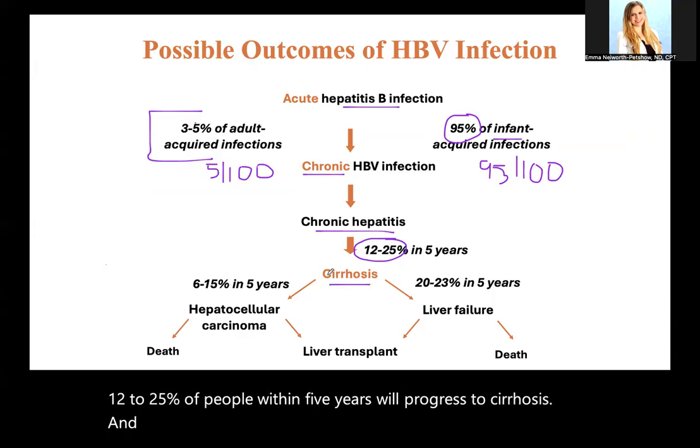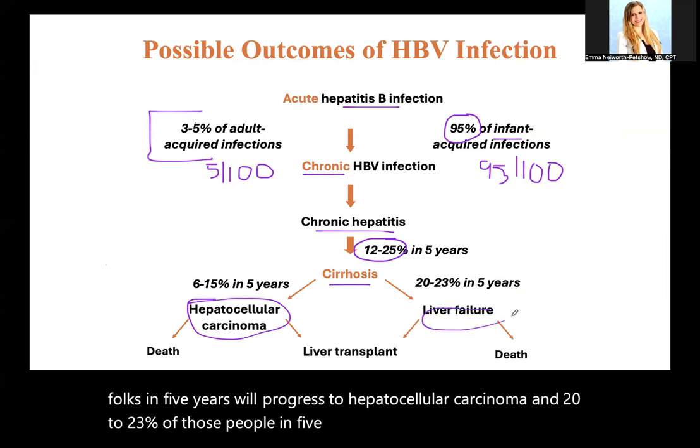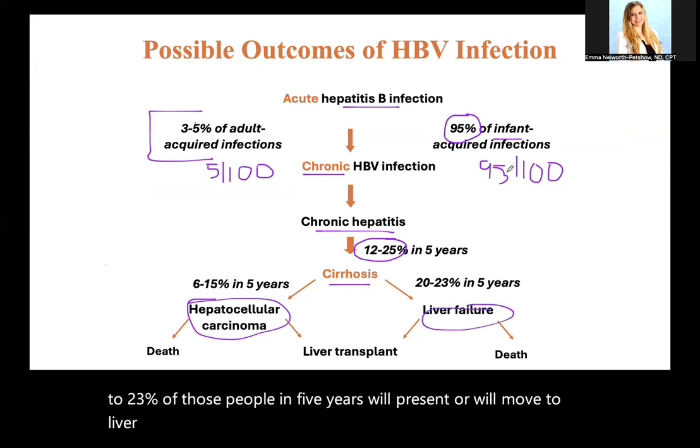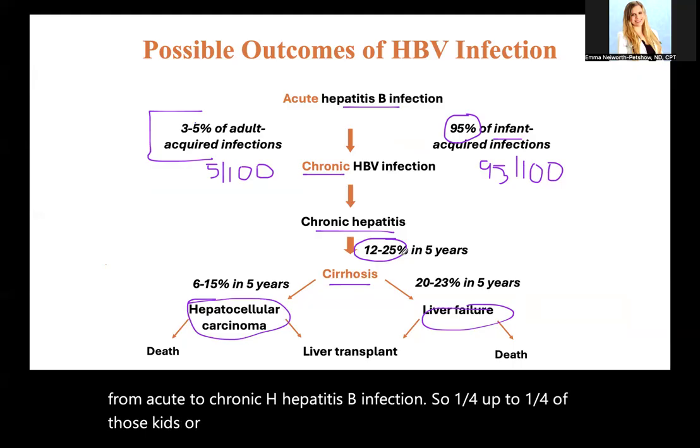And then from there, people who have cirrhosis, 6 to 15% of those folks in 5 years will progress to hepatocellular carcinoma. And 20 to 23% of those people in 5 years will move to liver failure. So let's think about our 95 kiddos that moved from acute to chronic hepatitis B infection. So up to a quarter of those kids or infants who have progressed by the time they're 5 years old,